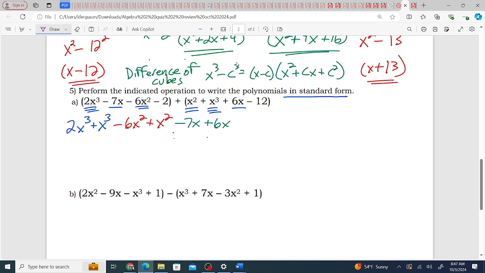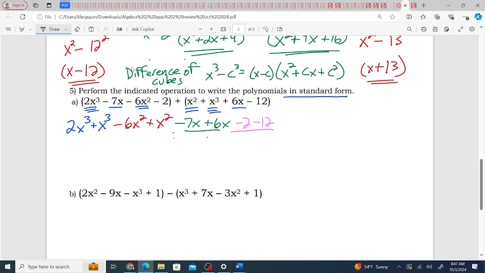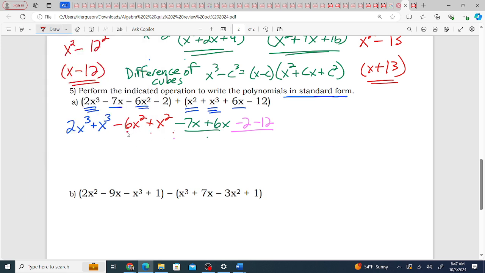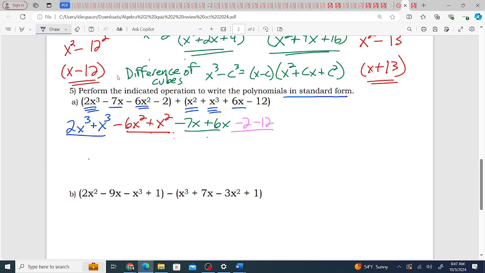Let's go rows. Okay. So now I've got a negative 2 and a negative 12. I just wrote exactly what was there. Let's see, green, red, and blue. So now that I got my terms that are alike next to each other, I'm just going to combine them. 2x to the third plus x to the third, or 2x to the third plus 1x to the third is